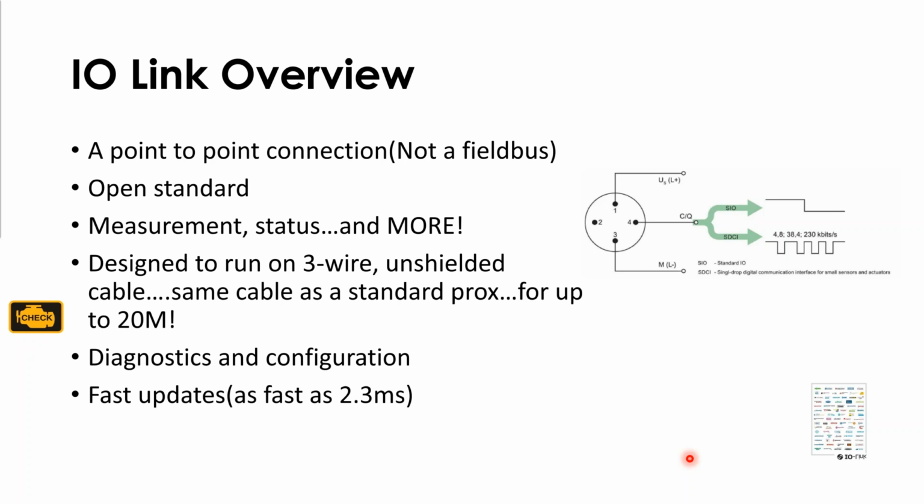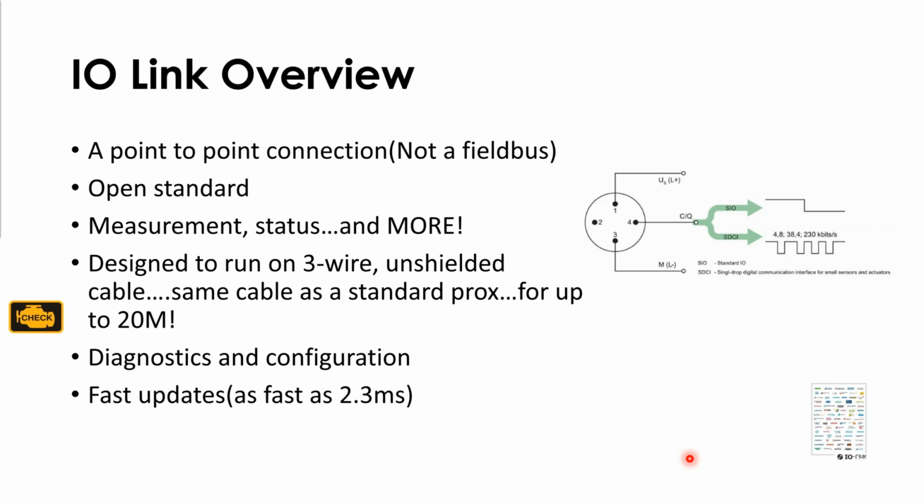So what is IO-Link? IO-Link is a point-to-point connection. Again, not a field bus. We're not daisy chaining IO-Link devices together. We don't have to go out and give them an address like we do a DeviceNet device or something like that. If you're using an analog sensor, your analog sensor typically connects to one point on your analog I/O card. I/O link will work the same way. If you have an I/O link device, you're going to connect that to one port of your I/O link I/O